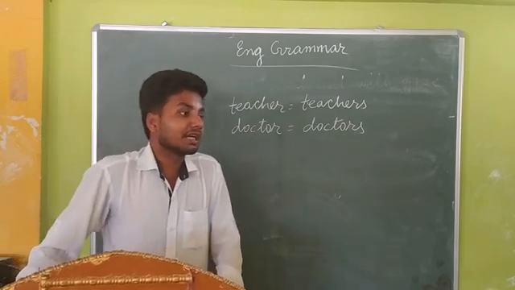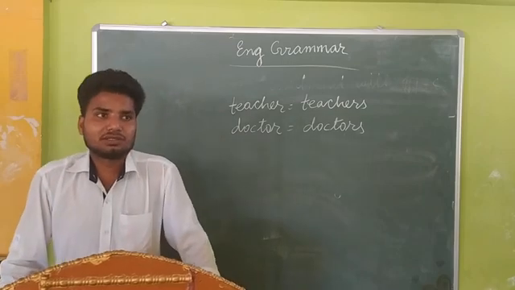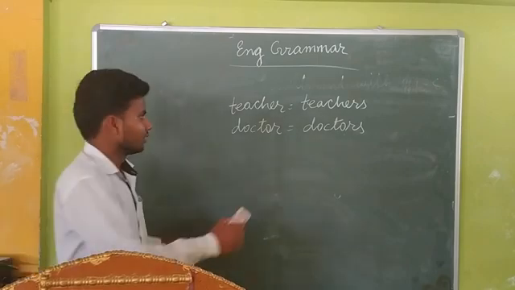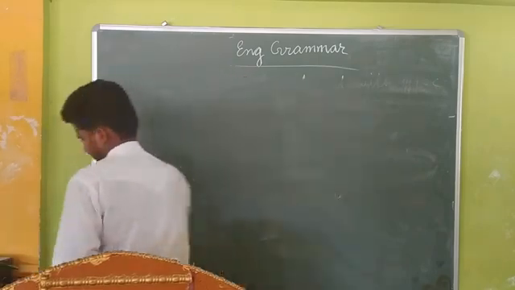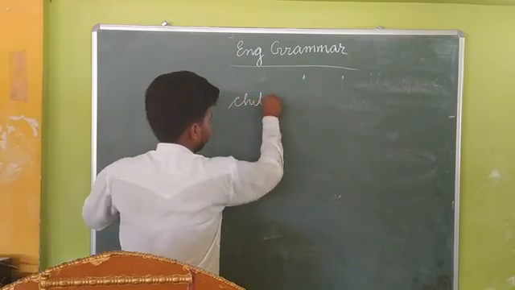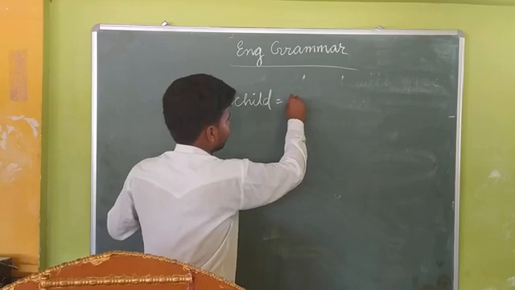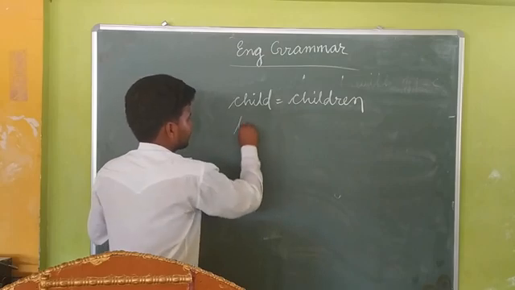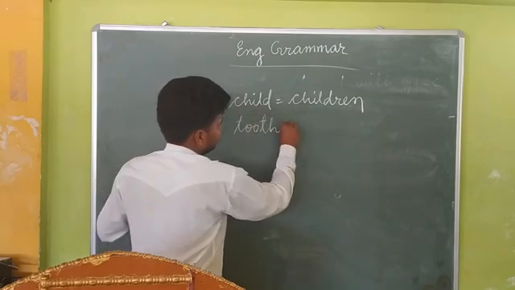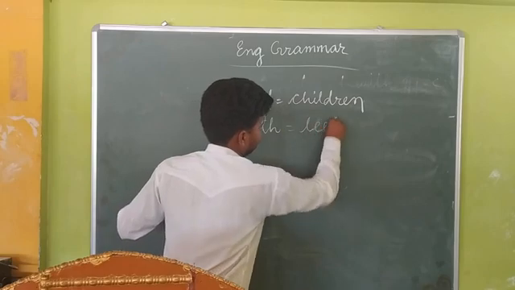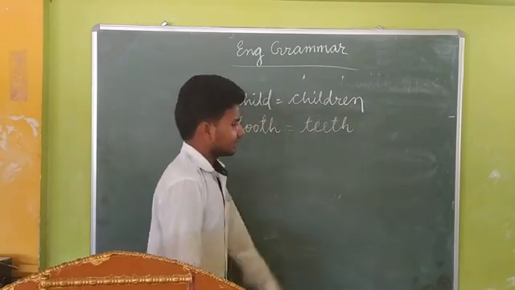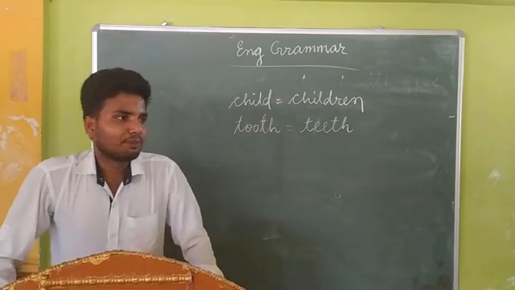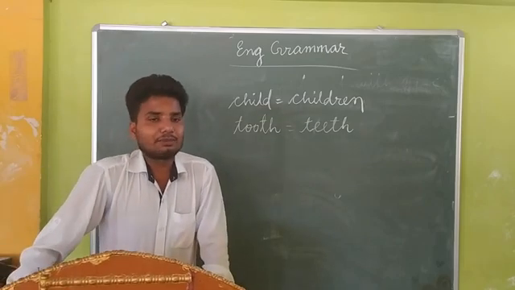But the most important thing is that some words have a different plural form. There is no rule that applies to those words. You need to remember them. Some words have another word as the plural, like child, C-H-I-L-D. The plural of this word child will be children, C-H-I-L-D-R-E-N. Tooth, T-O-O-T-H, teeth, T-E-E-T-H. Just like the same, we have some more words that we can make plural by using another word. So these words you need to remember.